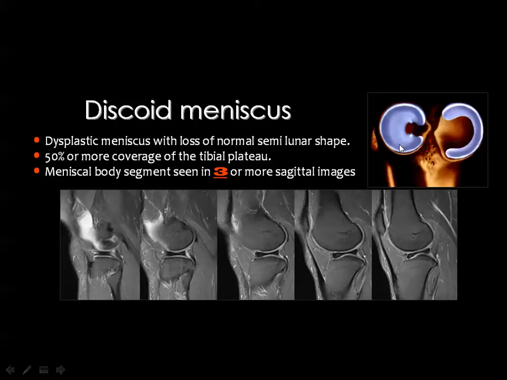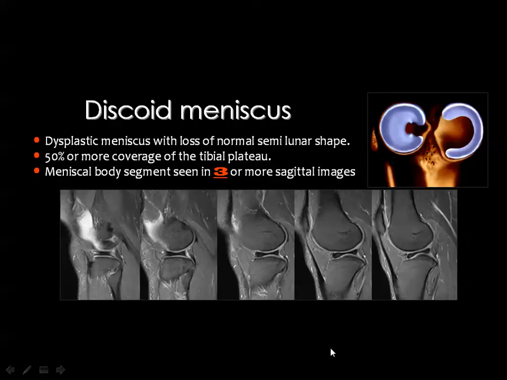It is not disc but discoid, similar to the disc. Normally, if you have sagittal sections, you can see the meniscal body in a single or two slices. But if you can see the meniscal body in 3 or more sagittal sections, then you are dealing with a discoid meniscus. The discoid meniscus is more common on the lateral aspect of the knee, but it can also affect the